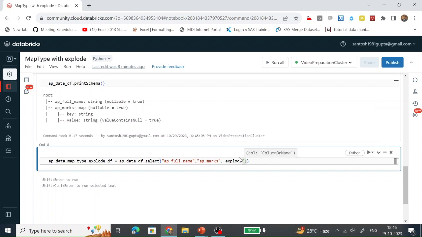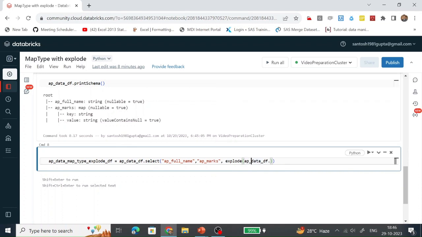So how are we going to explode it? First, put the explode function. In the explode function, let's put a column name which is of map type.